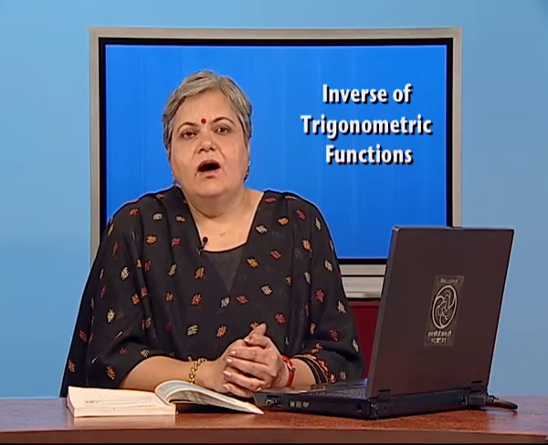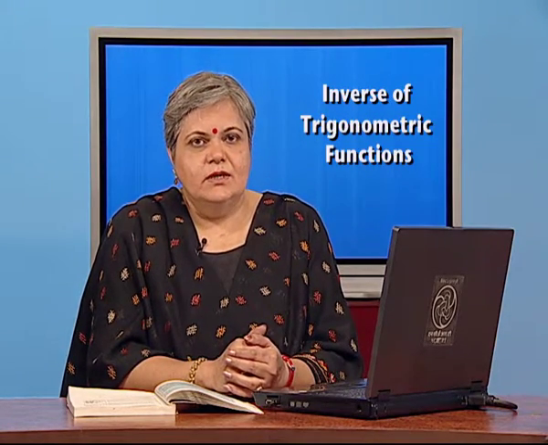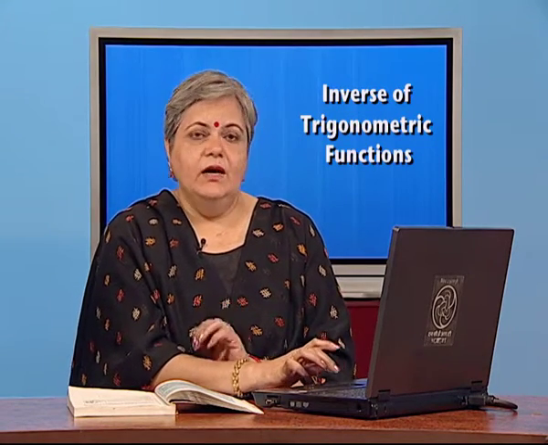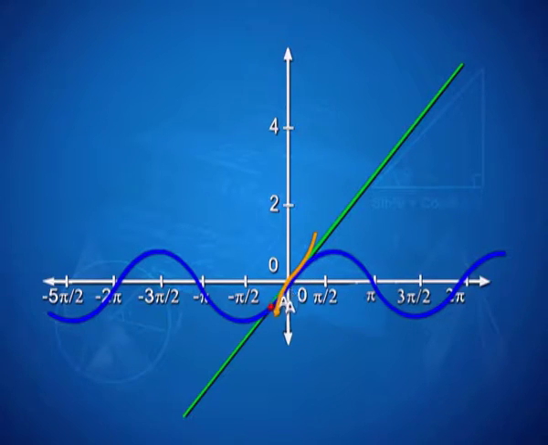Let us take a look at the graph of sine inverse as reflection of sine along the line y equal to x. So, again we have the line y equal to x and the graph of y equal to sine x. If I take a point A on this graph and reflect it along the line y equal to x, if I drag the point A, it will leave a certain trace. Do you see that happening? And if I move it further up and down, you are able to see the same wave-like curve draped along the y axis. So, there is kind of an interchange of x and y happening here.